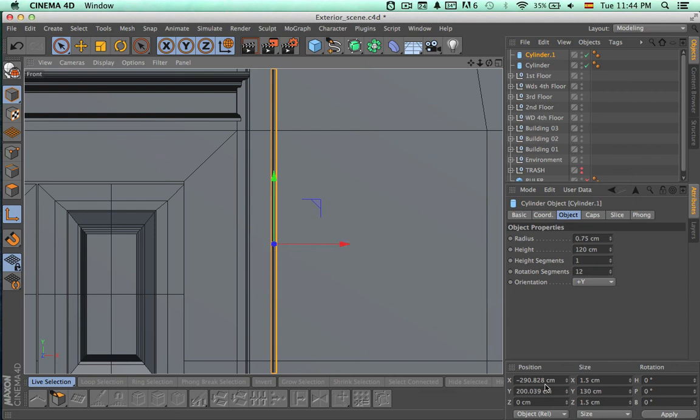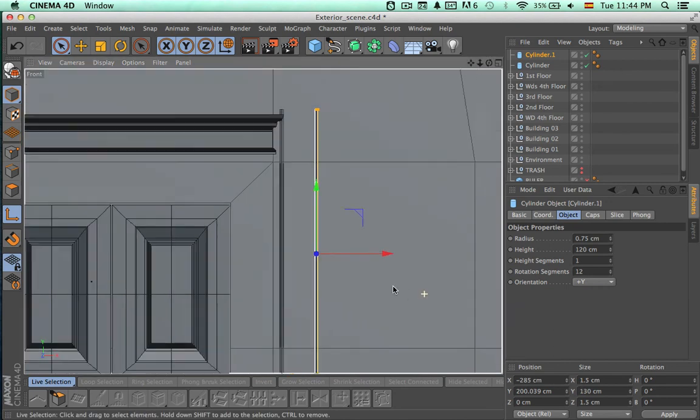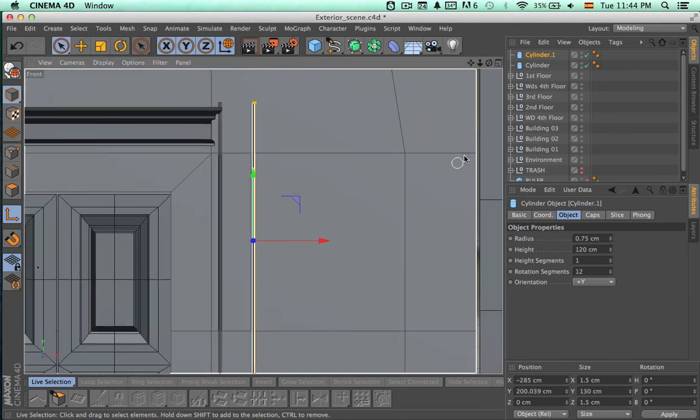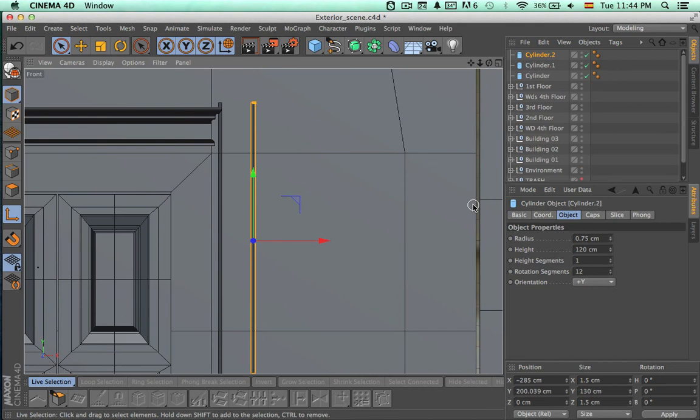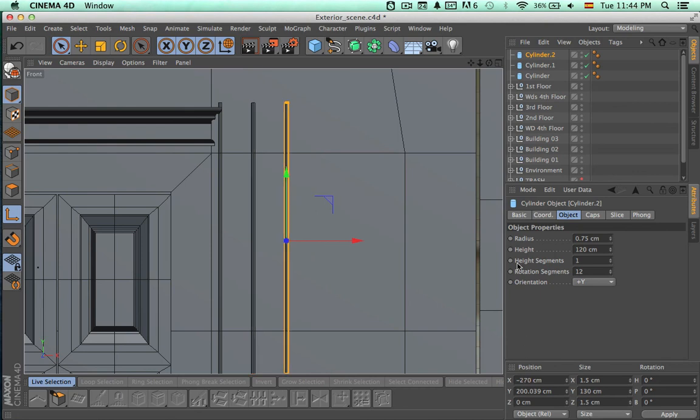And we can see that we can just change the value here. So we will work with minus 285, and let's make another copy, and let's change the value, and let's work with minus 270,